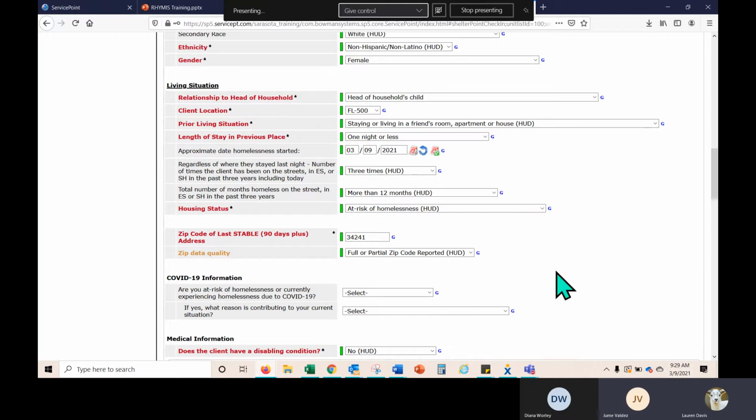Okay, so the idea is to do your best, really, just like me, and collect the data as consistently as possible, because we are telling the client's story. You want to make sure that the information you're entering is truly representative of the client's experience.